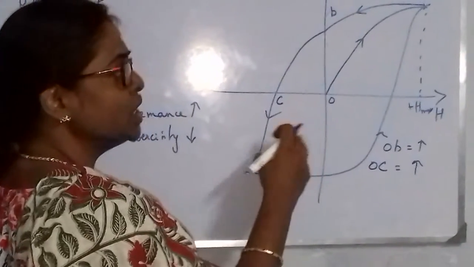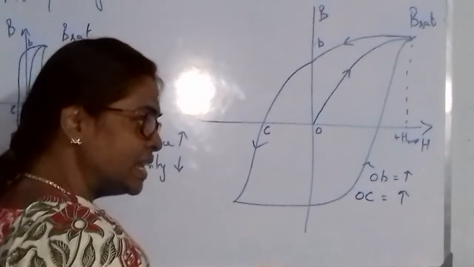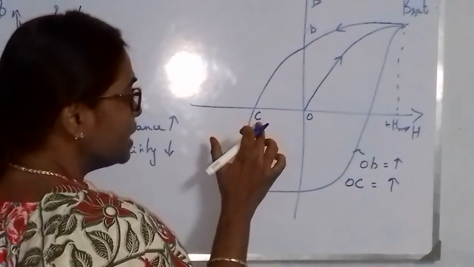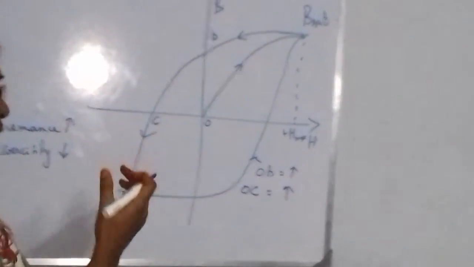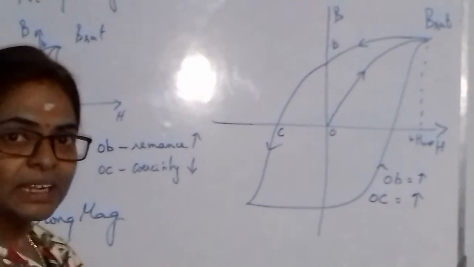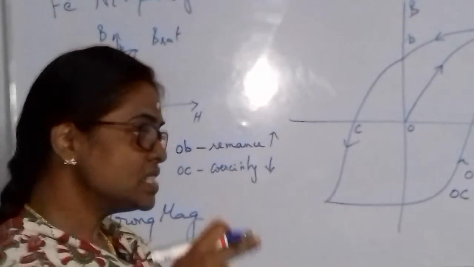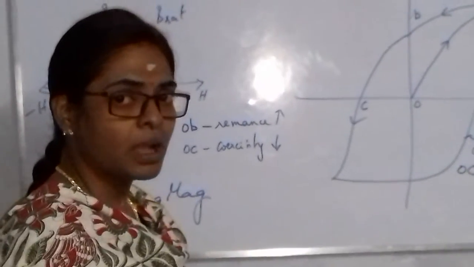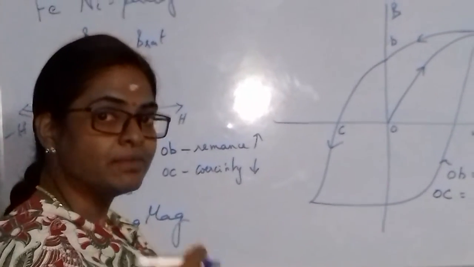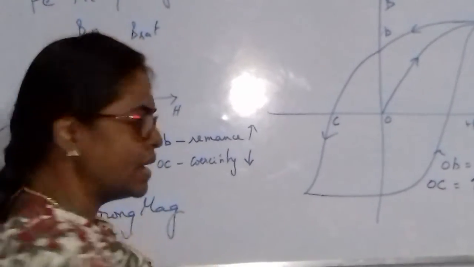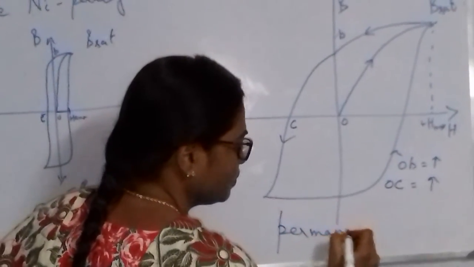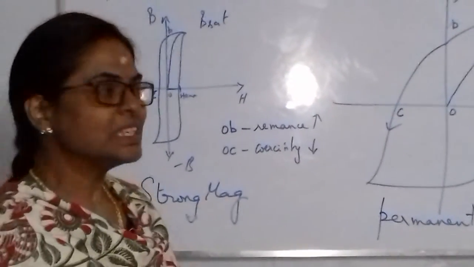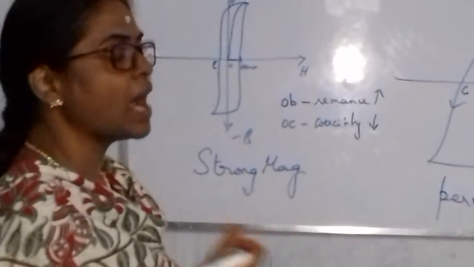We spend more energy to make the flux lines get inside the material, because its OB is high. And it needs a very strong external field, or negative magnetization, to pull back. So it is a strong magnet, not as strong as the soft. It is also strong, but it is permanent. So we have to spend more energy to pull back. So it is a permanent magnet. Both have applications. This is the difference between soft and hard magnetic material.